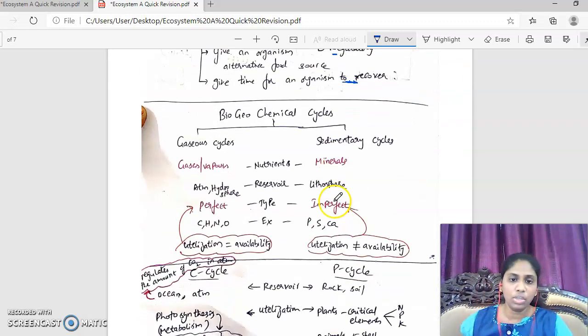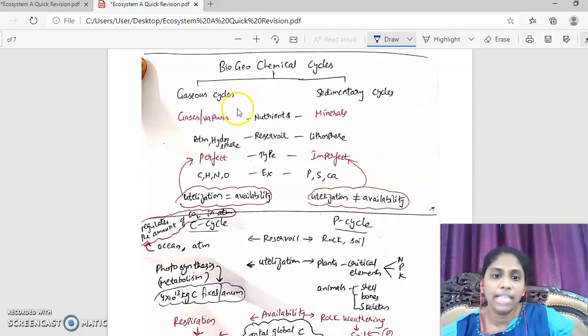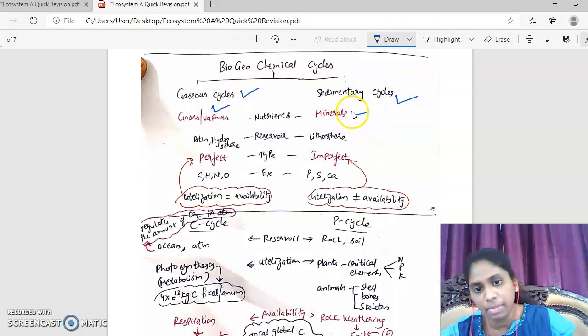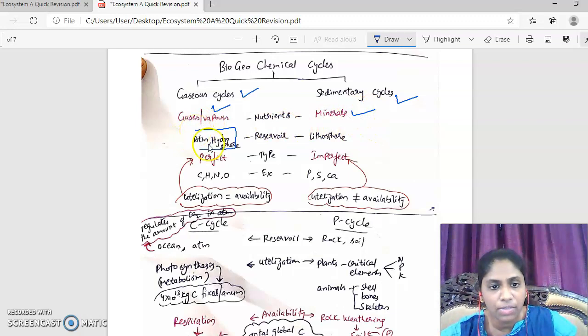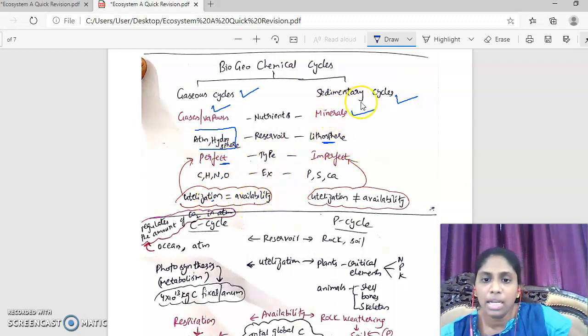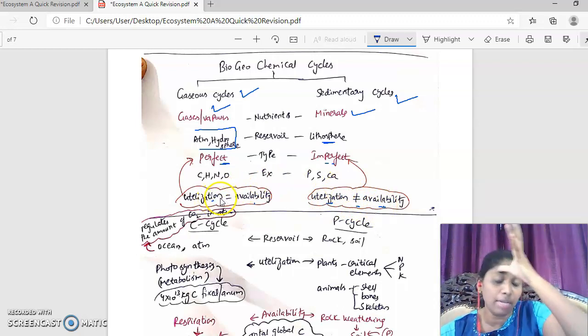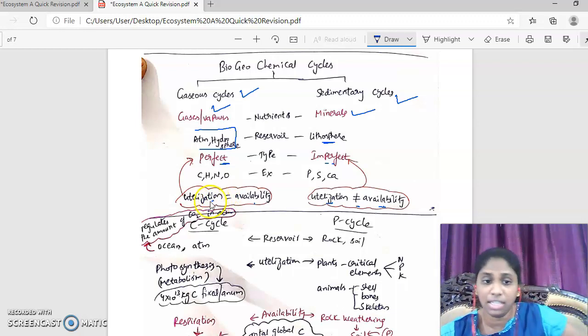Now let's talk about biogeochemical cycles. These cycles are of two types: gaseous cycles and sedimentary cycles. In gaseous cycles the nutrients are gases or vapors; on the other hand, in sedimentary cycles they are minerals. The reservoir is the atmosphere and hydrosphere for gaseous cycles, while for sedimentary cycles it is the lithosphere, the rock and soil. Gaseous cycles are called perfect cycles because utilization equals availability. While sedimentary cycles are called imperfect because utilization is either less or more than the availability. Utilization means the plants and organisms utilize these gases. And when the utilized gases come back to the reservoir, you call it